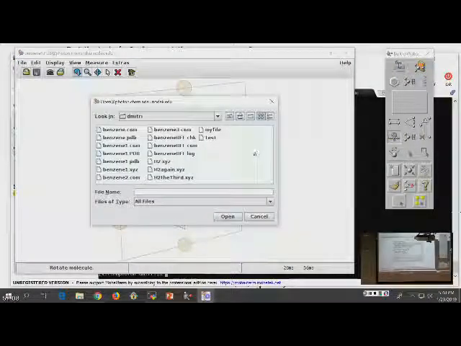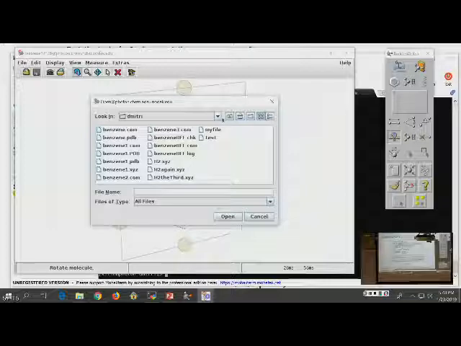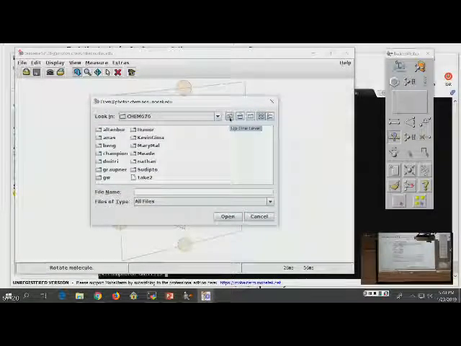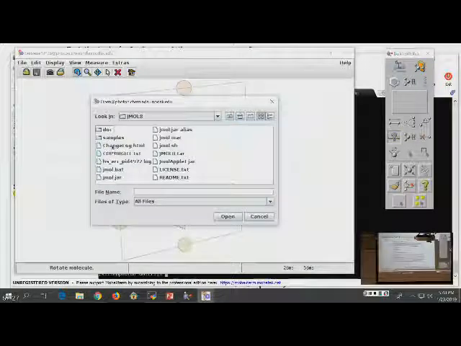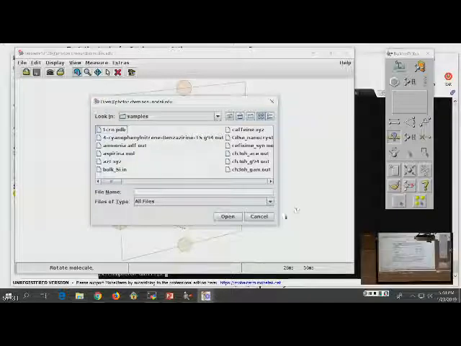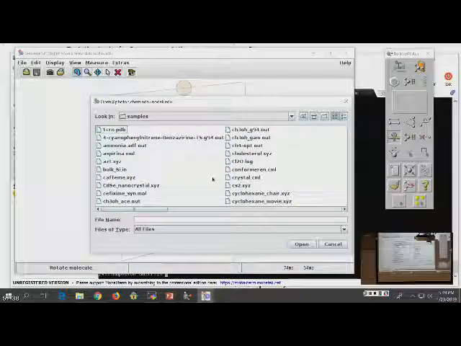Also, you can open, not from the mouse operated stuff, you can open anything in XYZ or PDB. And so I can probably go into your directories and look at what you have done. And in JMol itself, sometimes it comes together with samples. And if you need examples for your projects or you just want to have fun, you see that it comes with some popular